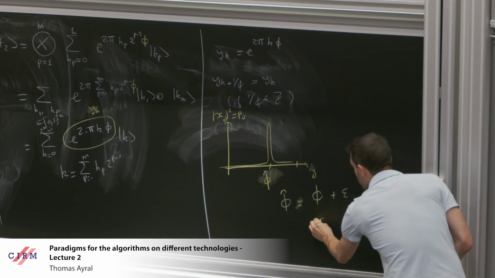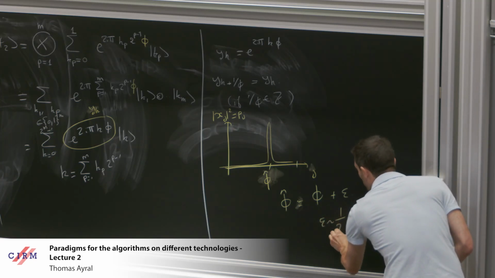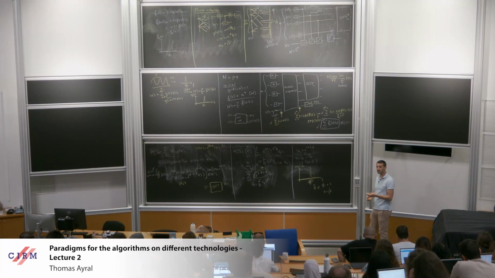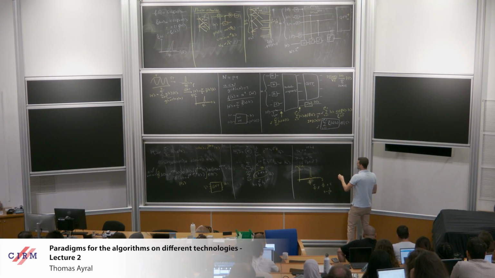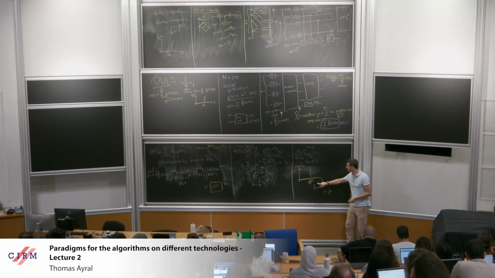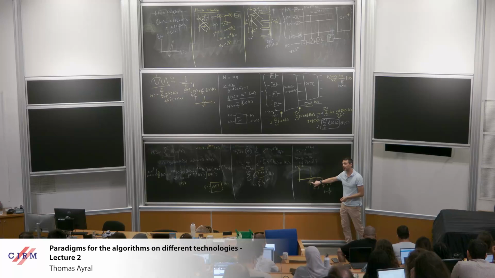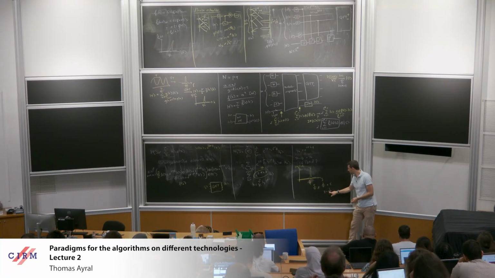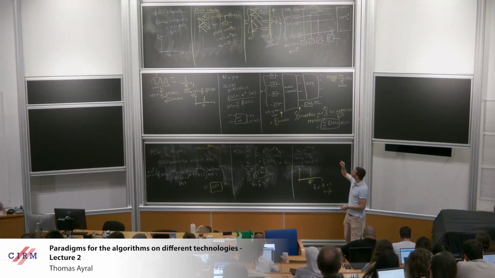And the epsilon, you can easily see that it's going to be of the order of 1 over 2 to the m, since I have m bits of precision. So, in other words, what I've shown here in a bit of a sloppy way is that I can get very easily an estimate phi hat of the phase that I'm looking for with an accuracy which is exponential in the number of my ancilla bits, which is pretty much what I promised in the beginning,